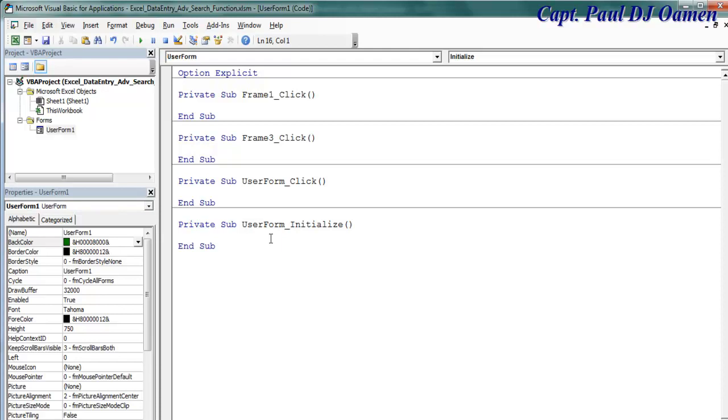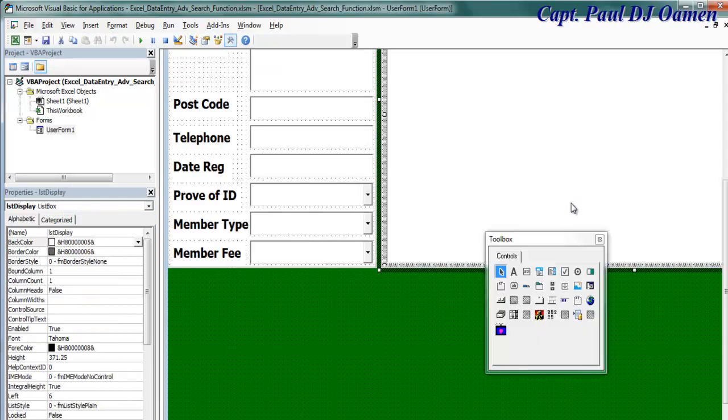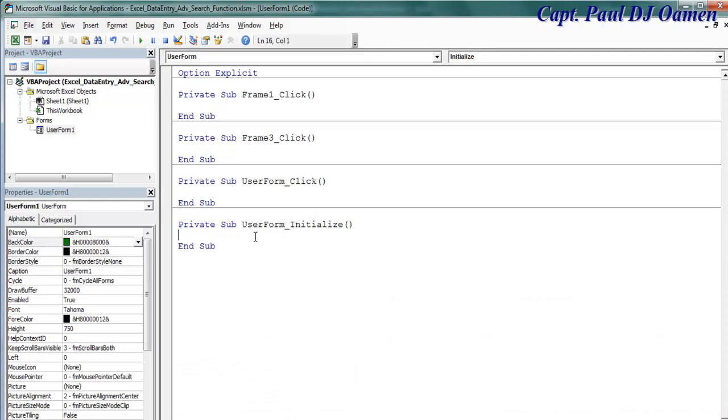Which means just initialize whatever we have on the form displayed as follows, and also whatever we have on the workbook. So the first one is here, the list box. That is the name of the list box, LST display. So let's go back to our form initialize right here. Now the first thing is going to be LST display